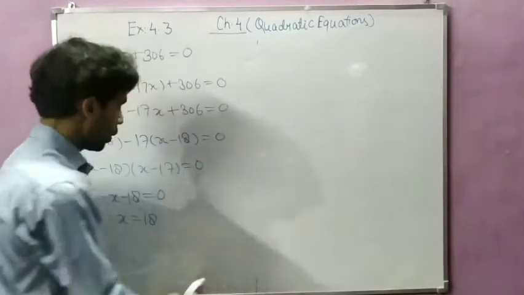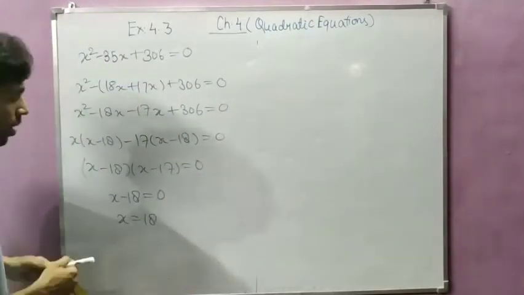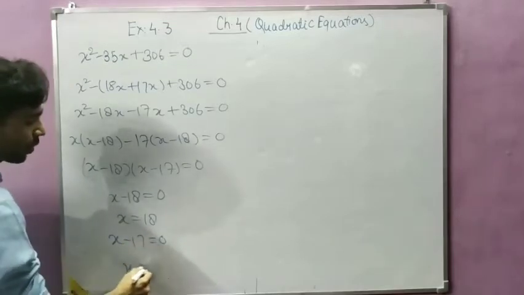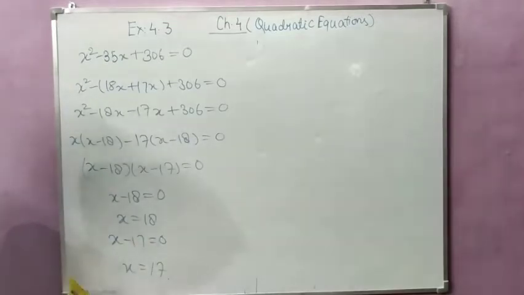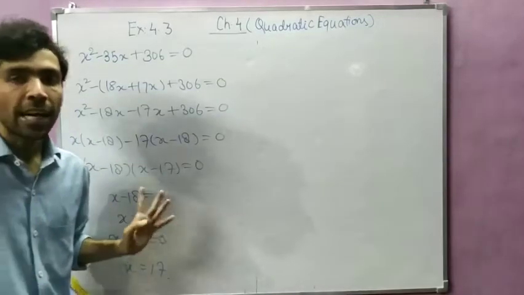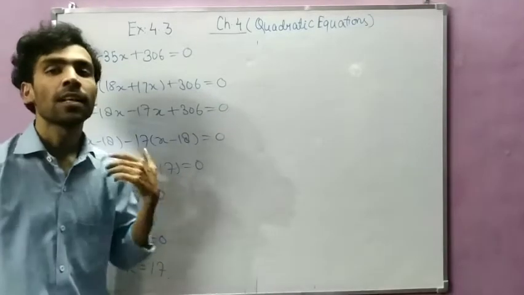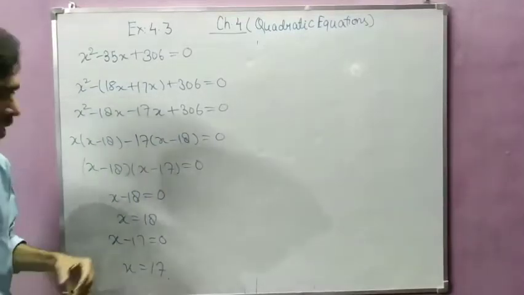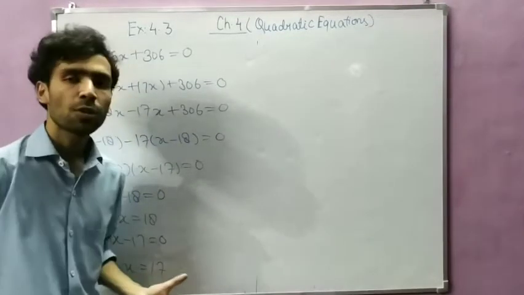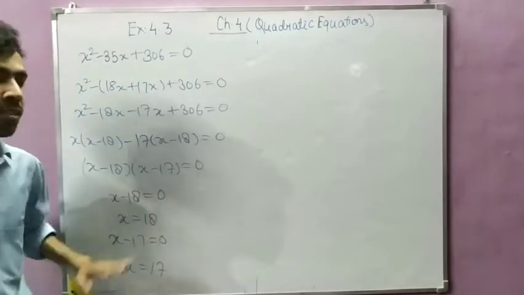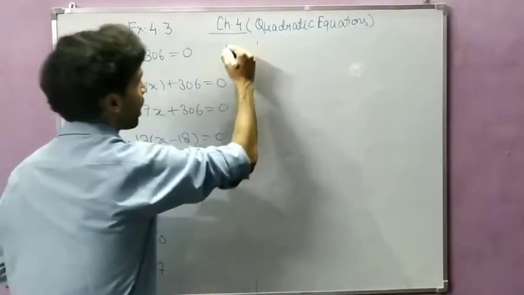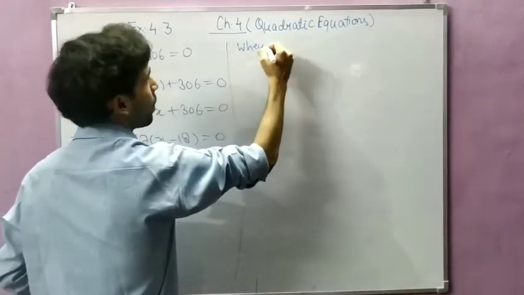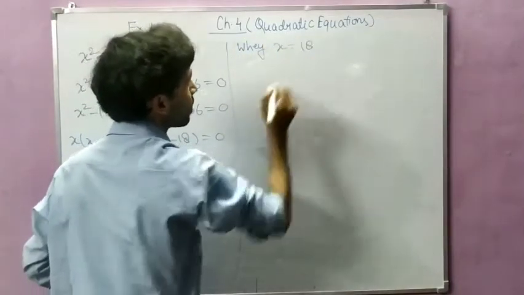And when x minus 17 equal to 0, we get x equal to 17. So we got 2 values of x, one is 18 and the other is 17. So students, both can be marks. 18 is positive, 17 is also positive, so both answers can be correct. So we will take 2 values. When x equal to 18,